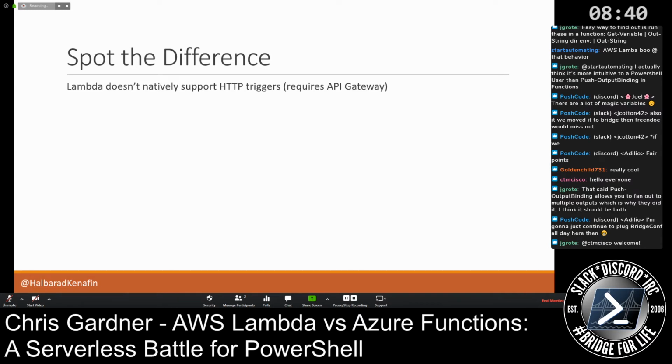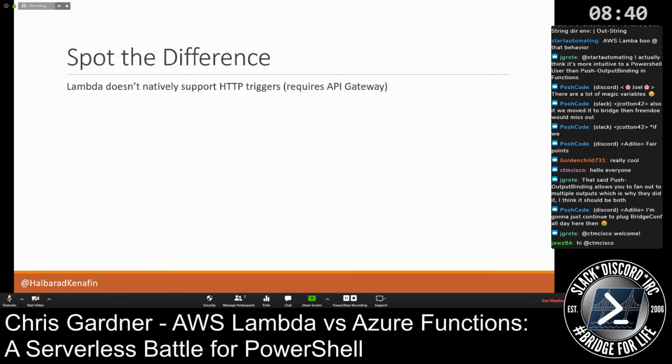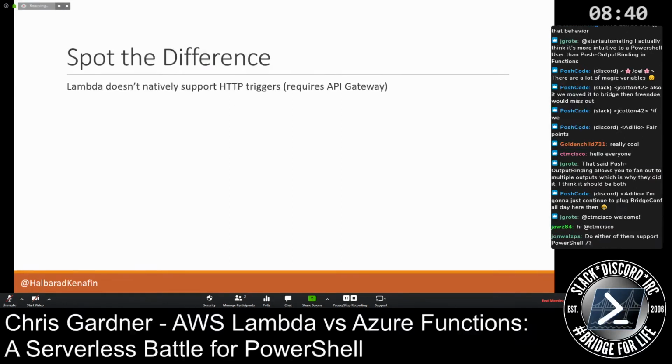And you can put some authorization in there as well, with either AWS Cognito or a different Lambda to do that. But it's another piece of infrastructure you have to manage. So it's something to bear in mind if you want to do HTTP triggers in Lambda, but it also has its plus sides in that you have one front end for everything.